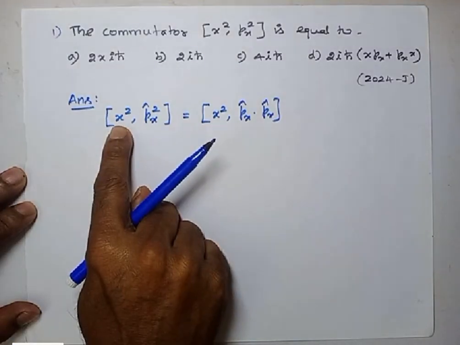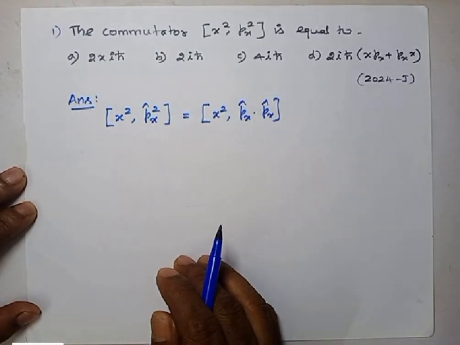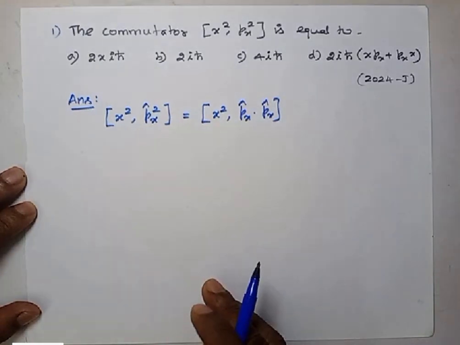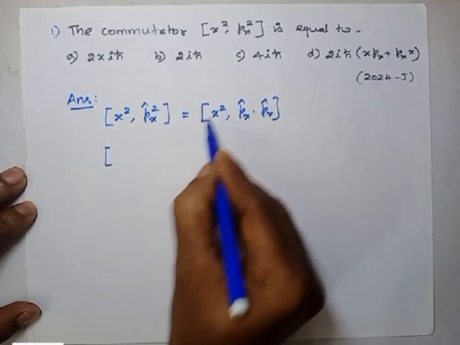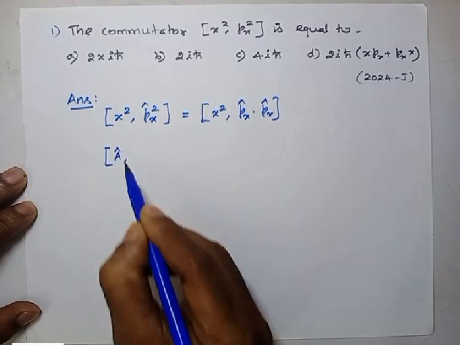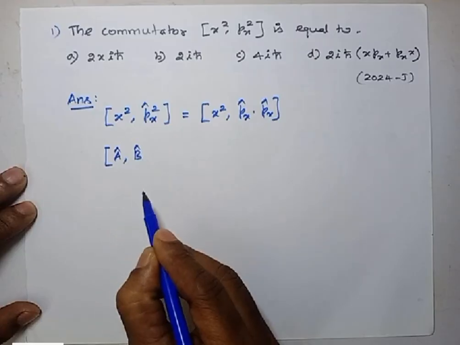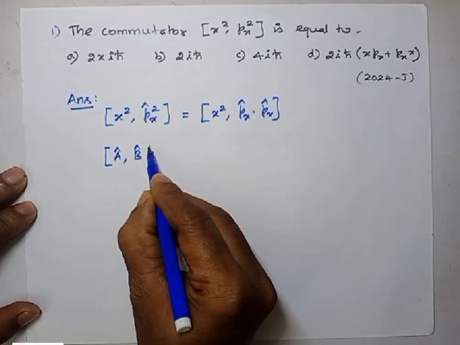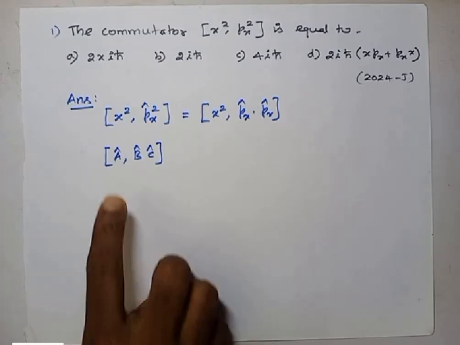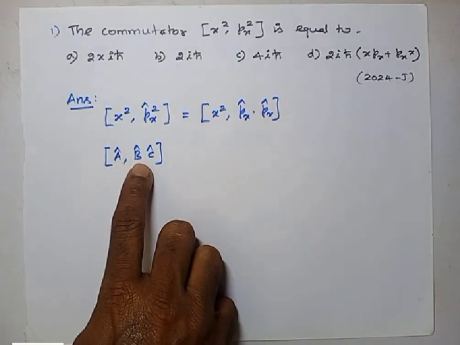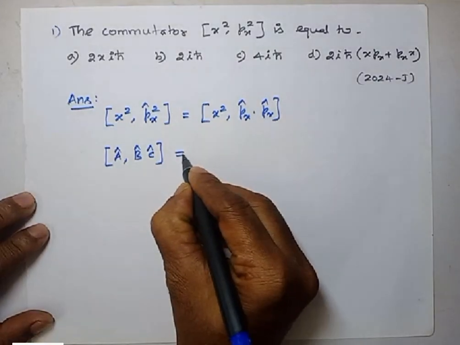You can separate this also. In any way you can proceed, but I am separating the px² operator. Now see, this is similar to, x² you can take as an operator a, and px let me take this as one operator b, the other operator as c, b into c. If you have a commutator of a comma b into c, this can be written as